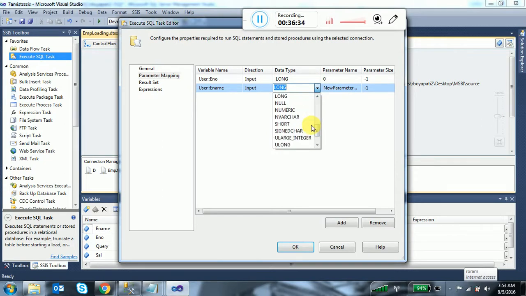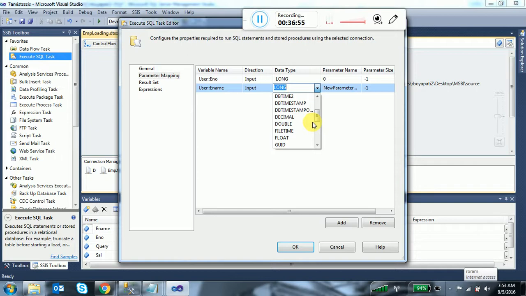The variable name is 1, the order. The third one is salary, and the data type long I want to take, this is 2, the order. What does -1 mean here? It is the maximum number of characters the nvarchar will support.